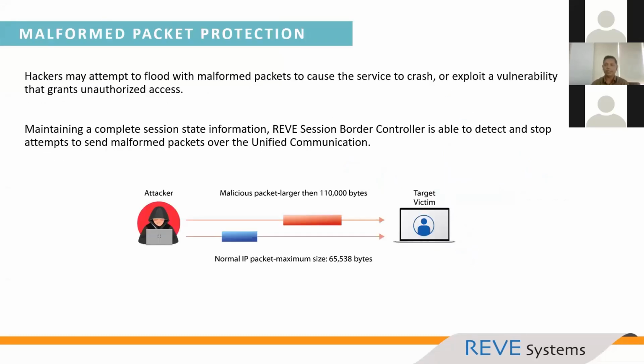Then the malformed packet, as we already talked in the denial of service attack, that is in the DoS and DDoS section, that the malformed packet can be generated. That is, the packet length can be changed, the packet header can be manipulated so that it can make your service crash. It happens several times that the SBC does not understand the packet nature, which makes the service crash. So you have to have the capability of excluding those packets from the network. So this is another malformed packet protection.